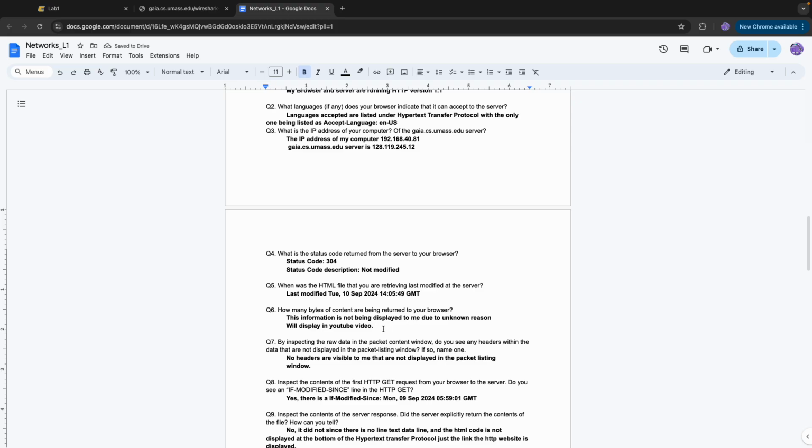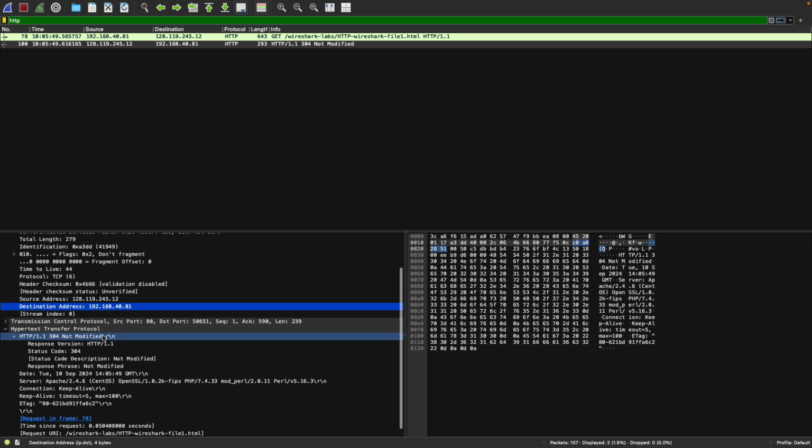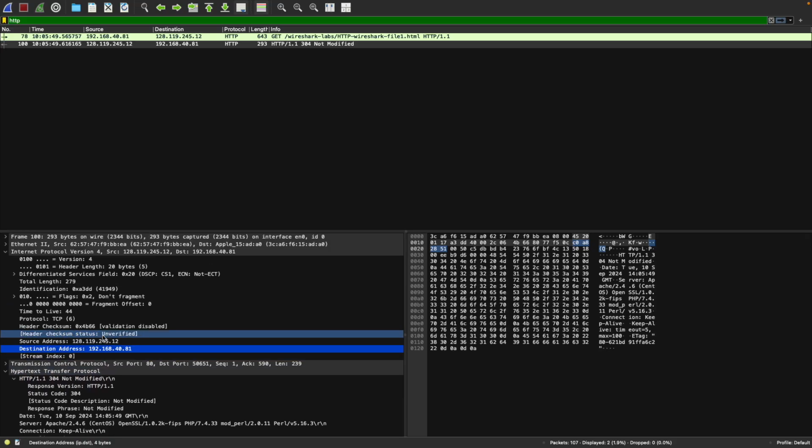How many bytes of content? So bytes of content should be displayed down here, but as you can see, my bytes are not being displayed, and I think that is because I'm on a not modified, and it's not explicitly sending the packet or reading the packets, so I'm not getting all the information. The only information about bytes I'm getting is from frame here,